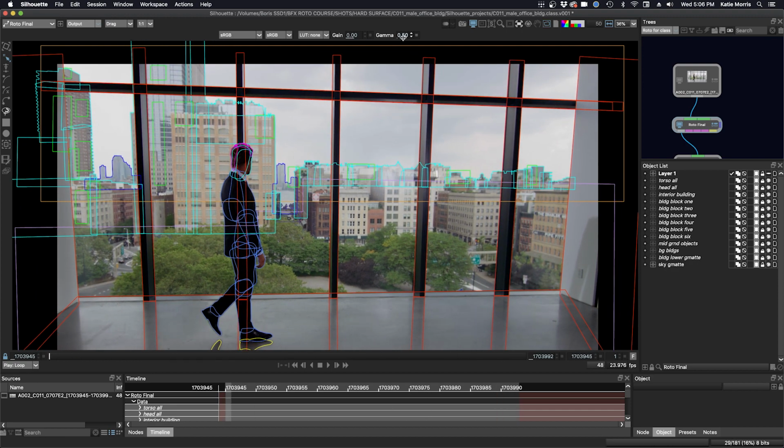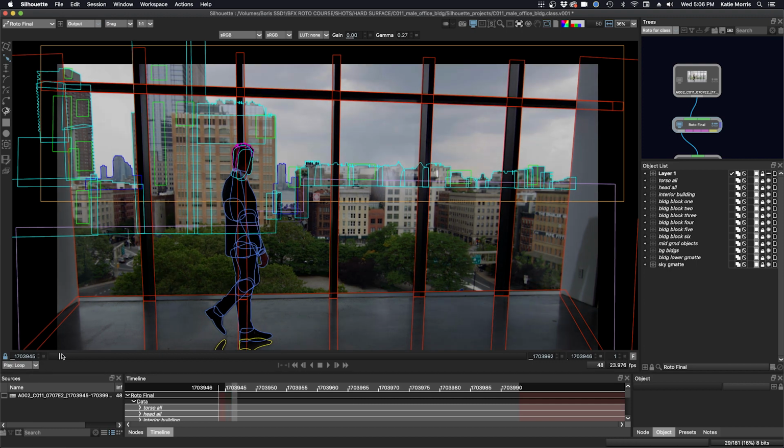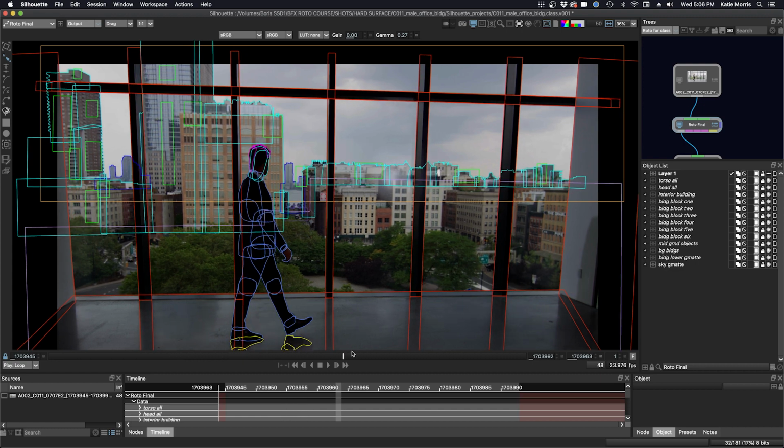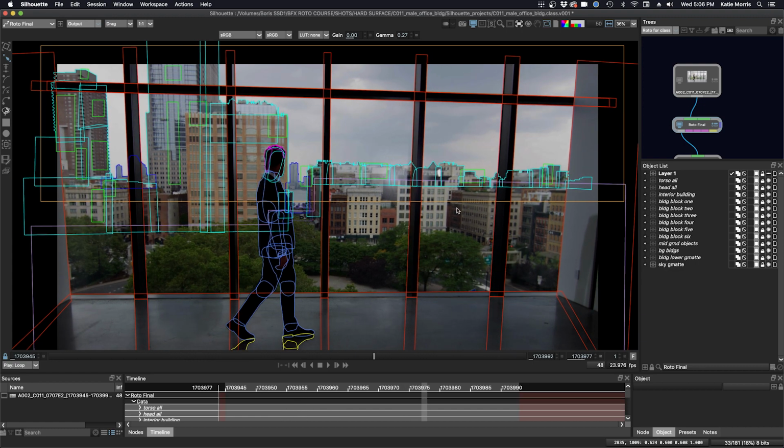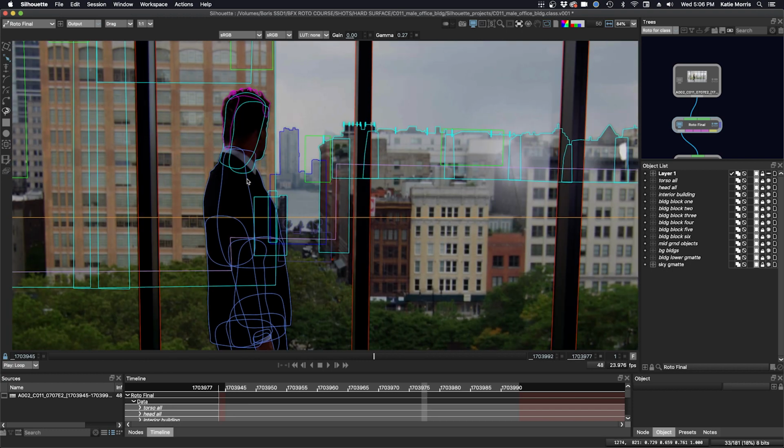And maybe we'll just take the gamma down again to see the background buildings a bit better. So this is the finished shot. My tracking shapes are still enabled. Everything that's a green square is a tracking shape.